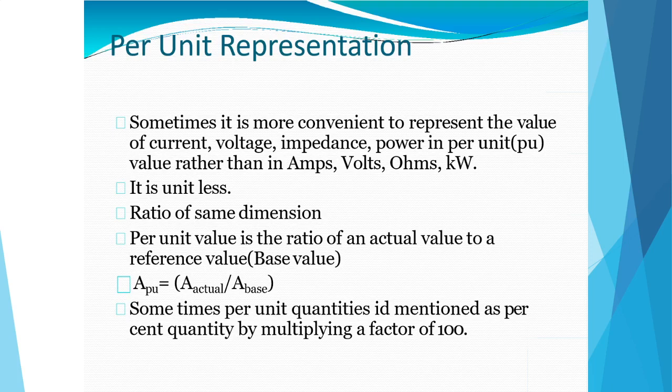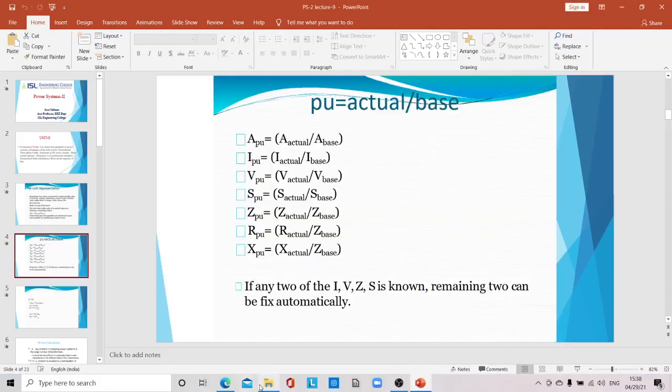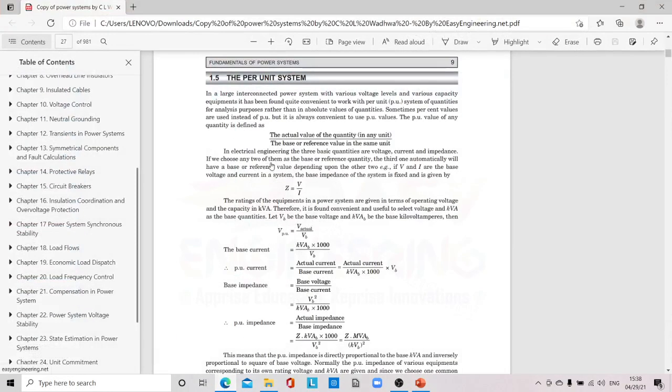Per unit value of any quantity can be defined as actual value of the quantity in any unit divided by base or reference value in the same unit. So actual value by base value will be a per unit value for any quantity. Okay. So what is per unit value? Per unit value is defined as actual value of the quantity in any unit divided by base or reference value